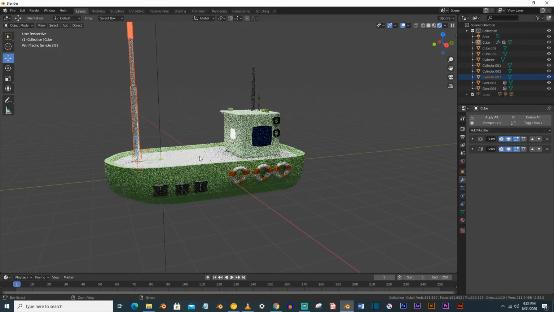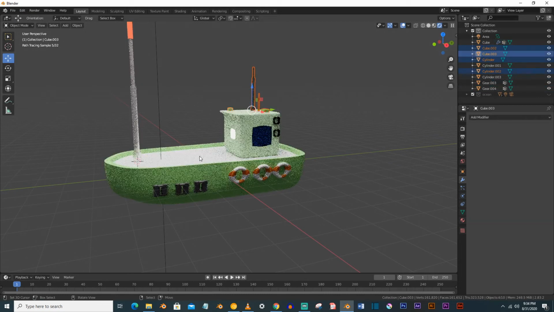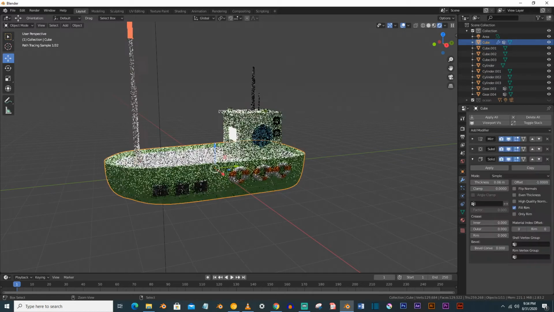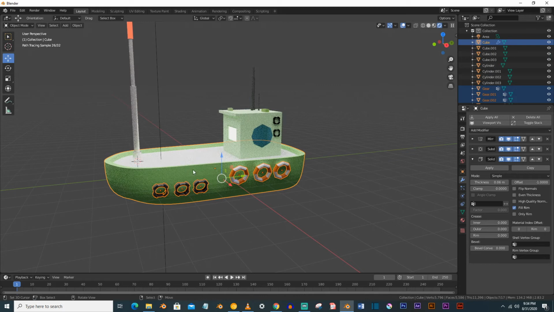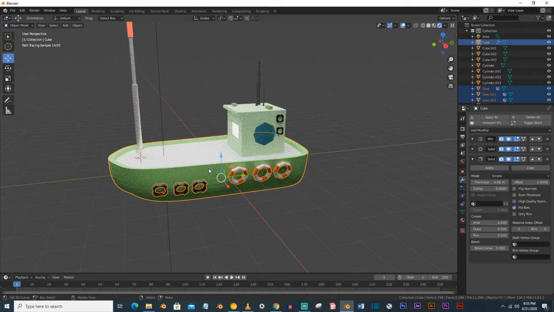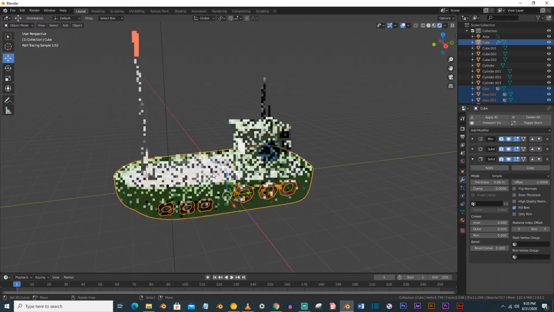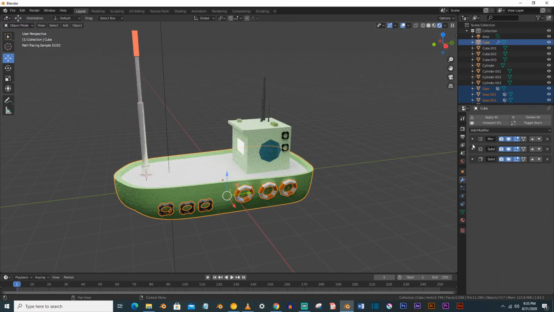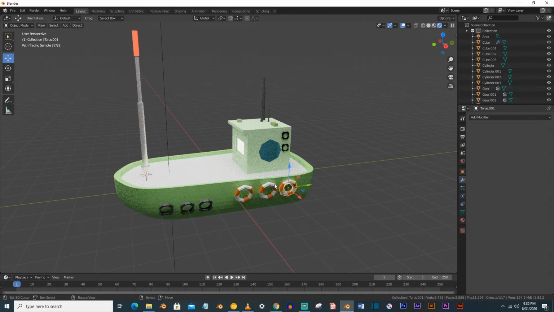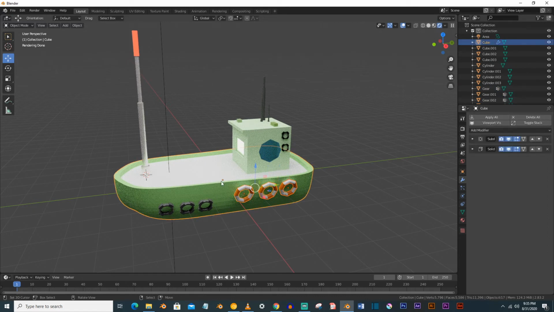We first have to apply the mirror modifier and then we have to join them all. So Control Z a few times, apply the mirror modifier first. Now you can join all these things, Control J,